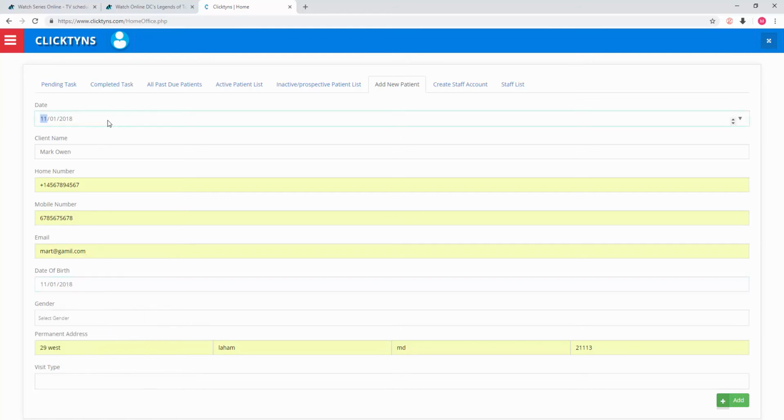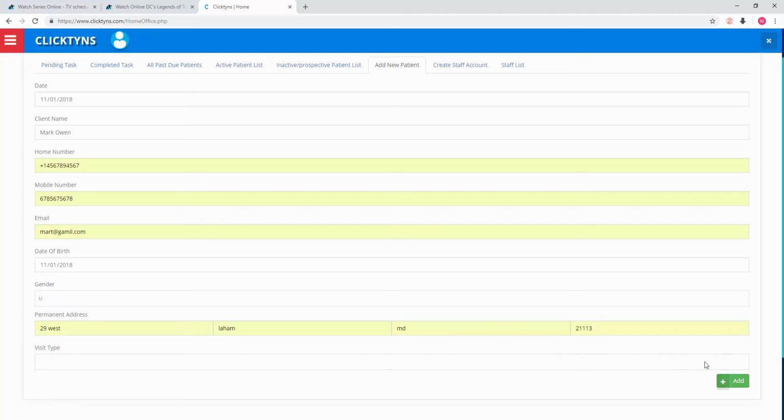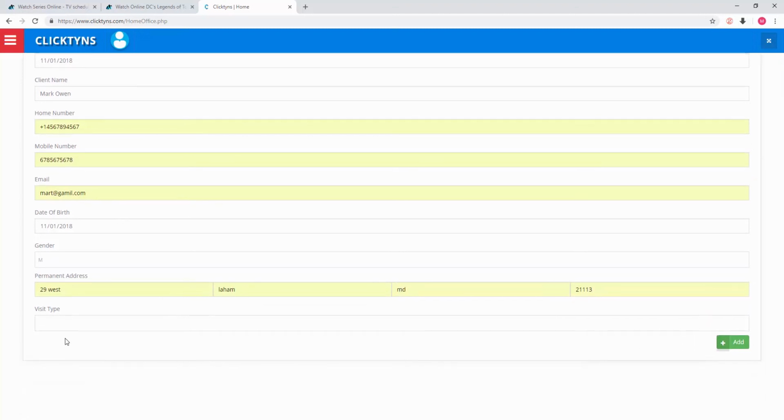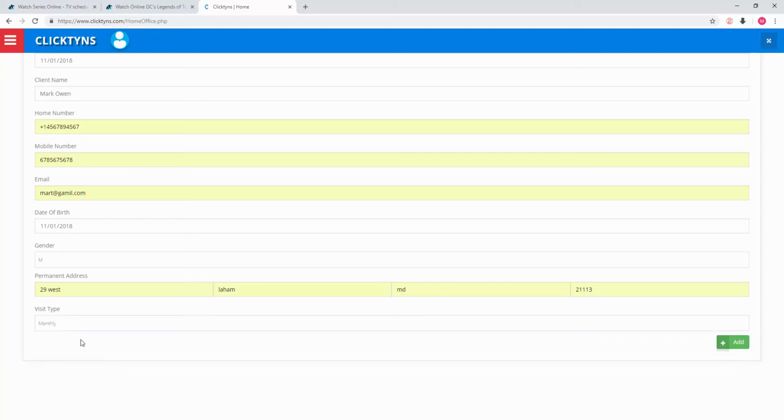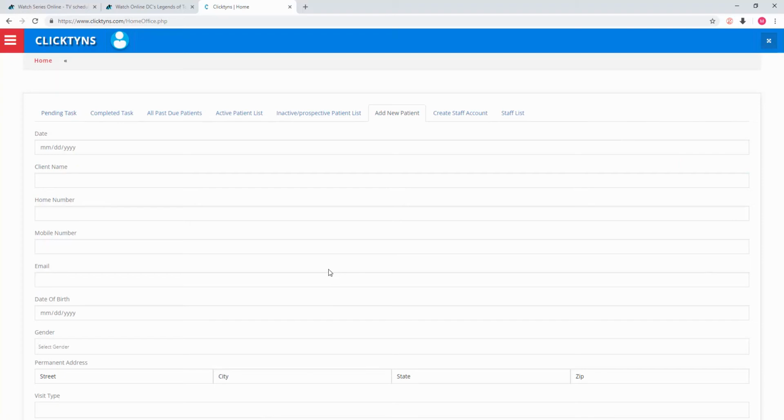So the date here is actually more like today's date or the date the person joined, and then you can select the gender. And then as I explained in the other before we go to this page, we have the visit types. So you would select the type of visit. So if to be visiting them monthly, you would select that, and then once you're done, you would hit your